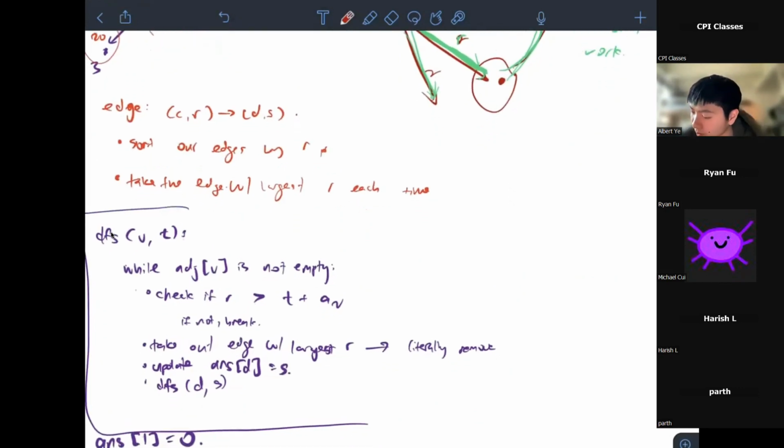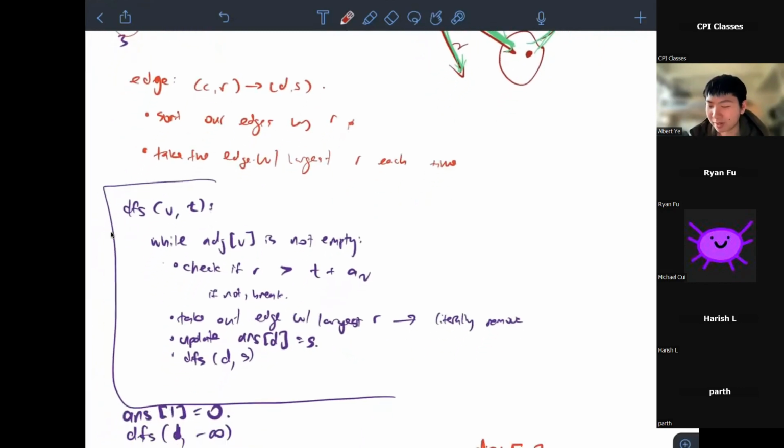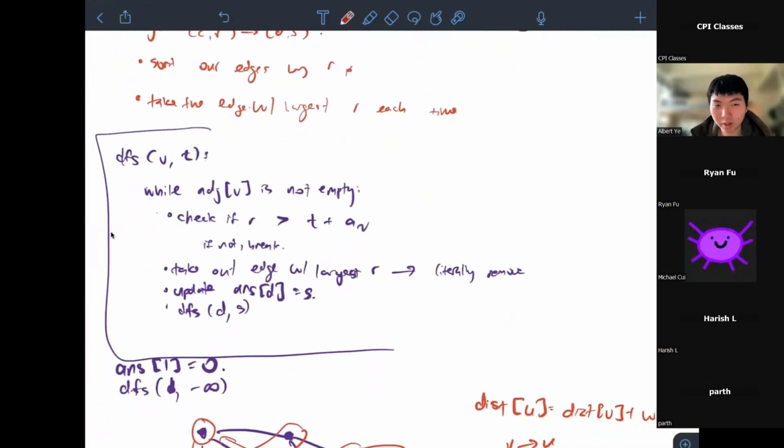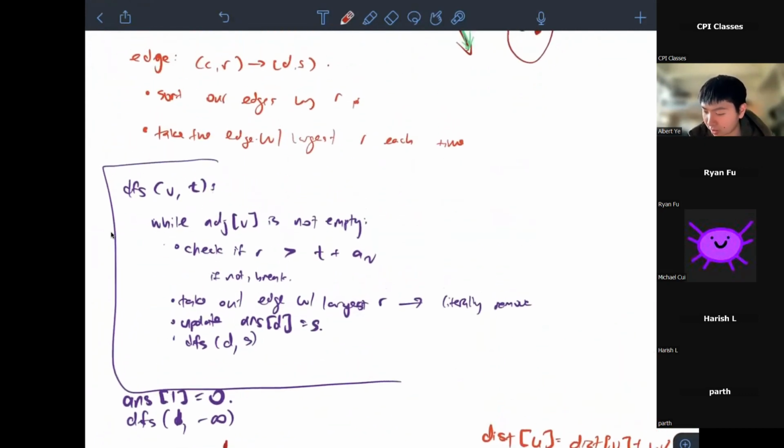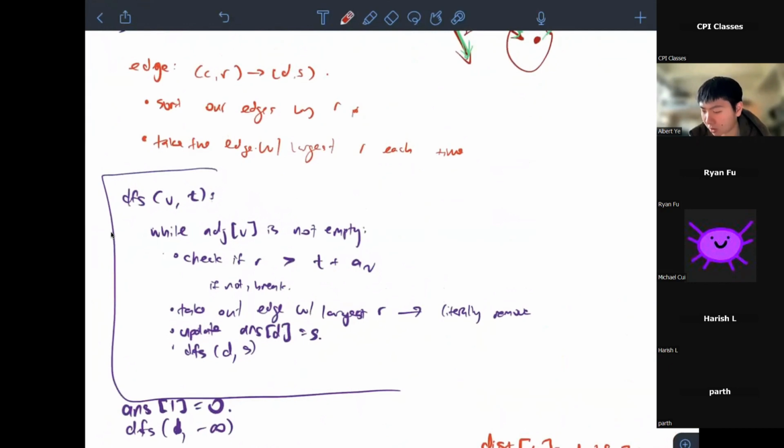So I made some pseudocode because I got bored. Initially we want to set the answer at airport 1, which is our starting airport, to 0, obviously. And then we would want to DFS starting from 1 with, I know that the start time they say is 0, but